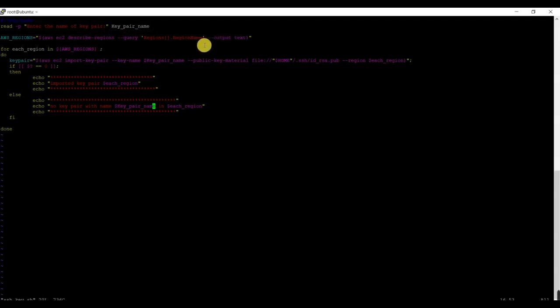If you run this command, it will give the list of regions from your AWS account. I'm storing that list of regions in the AWS_REGION variable. Now I'm calling each region by using a for loop. After that, I'm using the aws ec2 import-key-pair command to import my key file into each region.